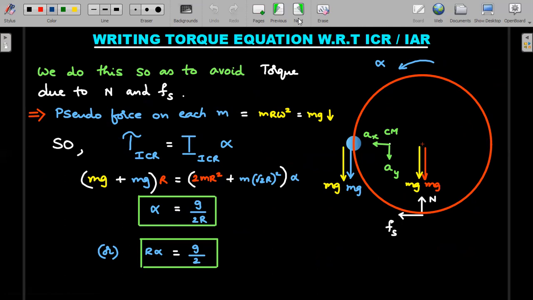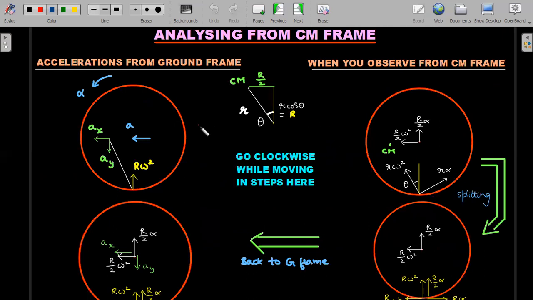Okay, let's move on to the rest of the questions. We are now supposed to calculate the normal reaction and friction, which we will try to do by using the force equation. So if I can get AX and AY, I think my job would be done. So focusing on that aspect, again, a lot of things on the board, just follow my lead. Those who want to read things on their own, I suggest use this information. Start from this circle diagram, go and read this, and then this one, and then this one. Okay, so we are going to go clockwise here in our analysis. So what was this analysis about? Now we are going to analyze from the center of mass frame.